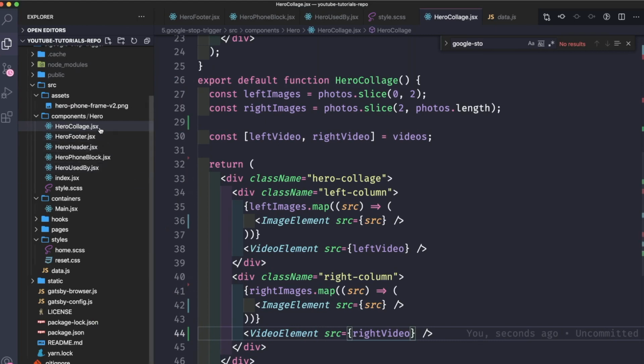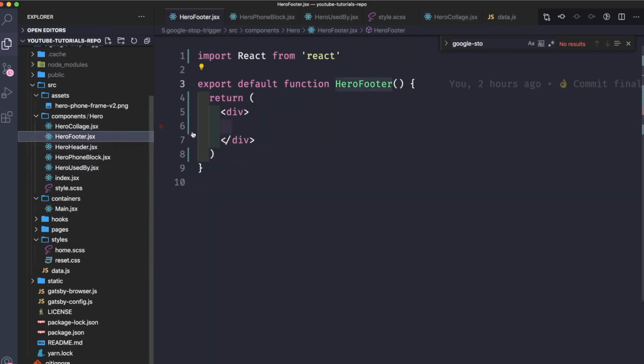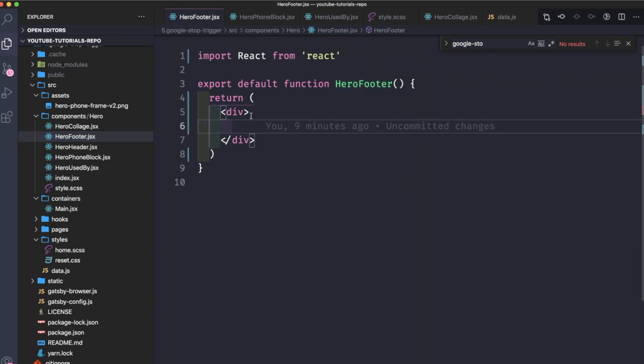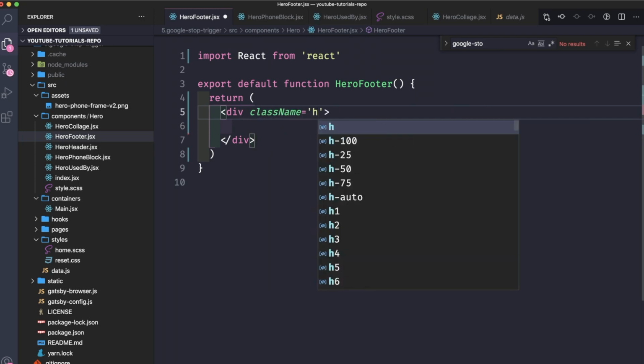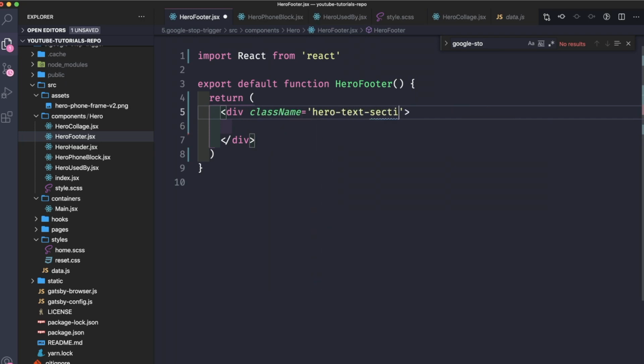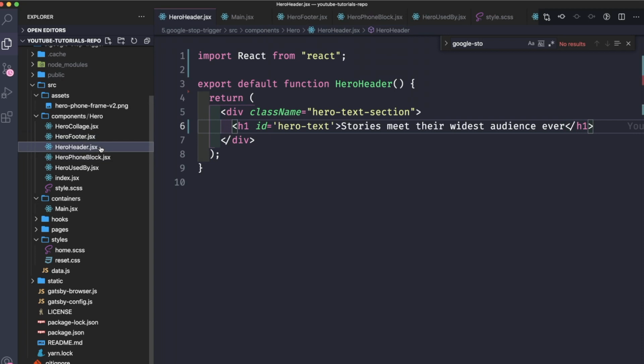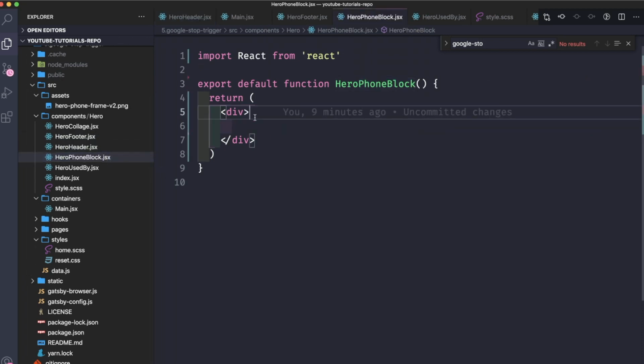Next, let's do the collage footer. It's going to be a class name with a hero text section. The header and the footer will have basically the same style, h1. The font block, let's go and build the font block here. This is gonna be the most fun one to make. So class name to be hero font block,